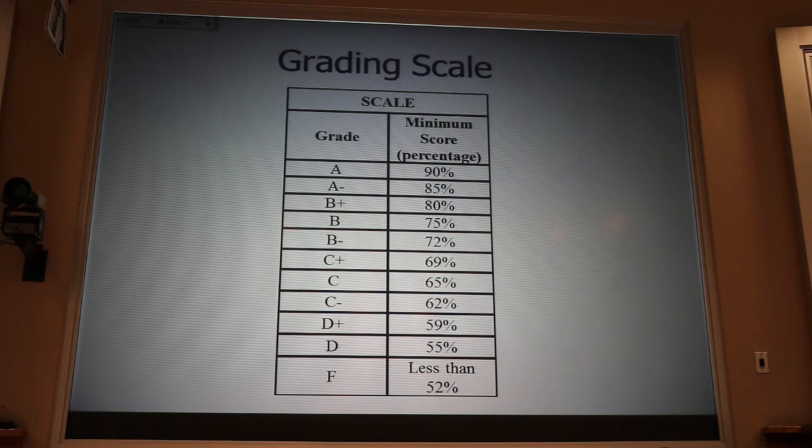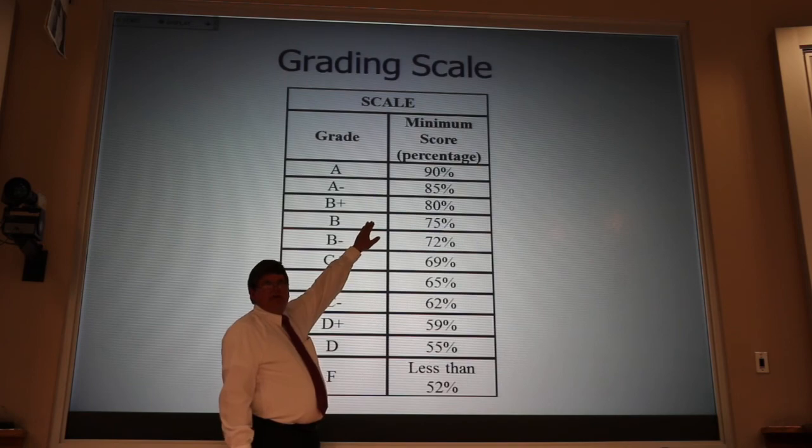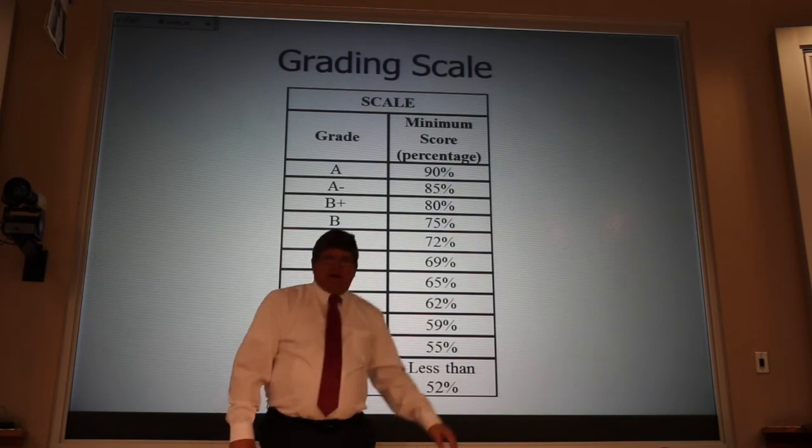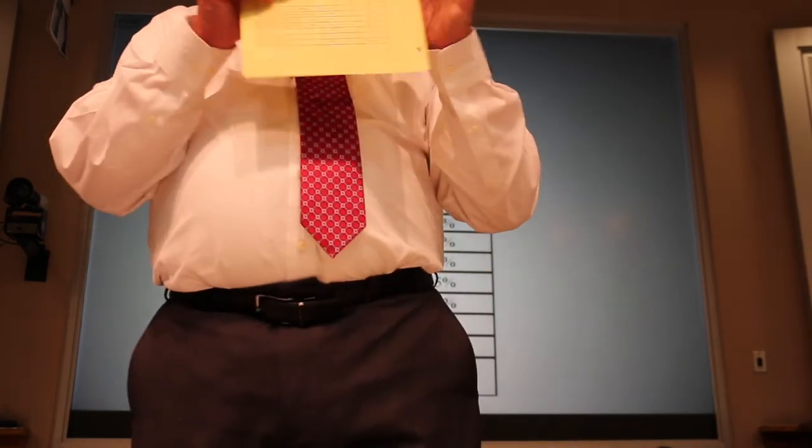D2L is very rigid. It's got this color coding that thinks that 90 and above is an A and 80 and above is a B and so forth. You just have to ignore the color coding on D2L. Don't let that upset you. The actual breakdown that we're going to use is found on the back of that yellow sheet. If you look on the back of that yellow sheet, you'll see this chart right there, and it will tell you what you need to get to earn a particular grade.